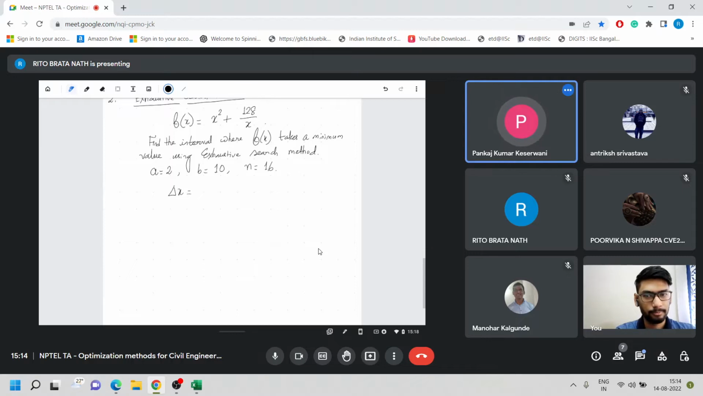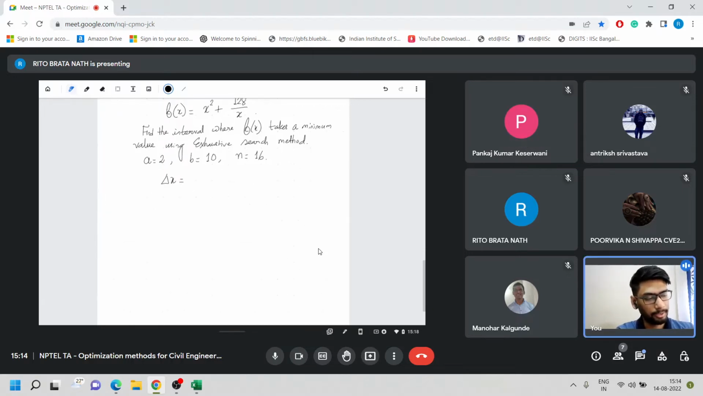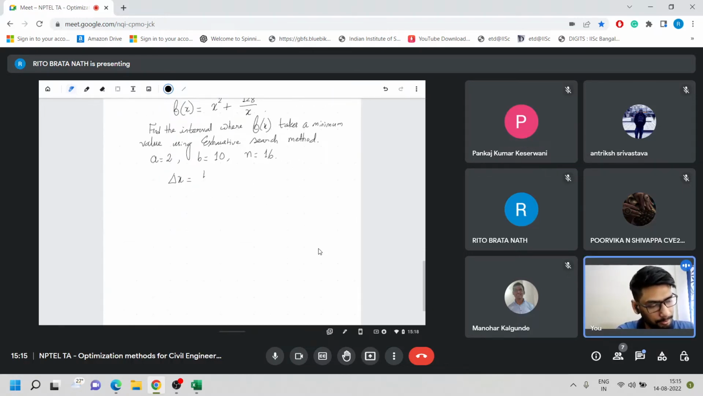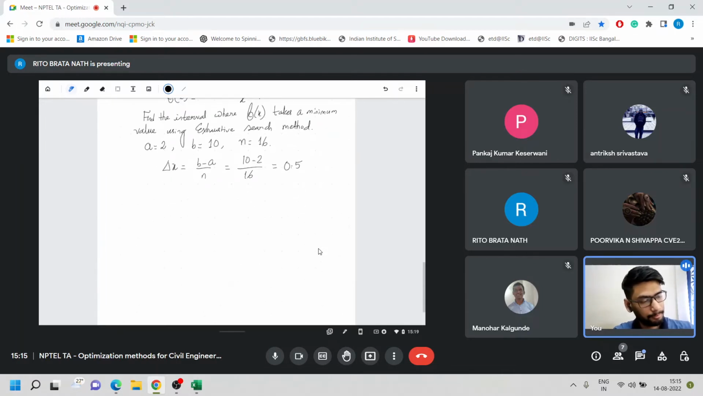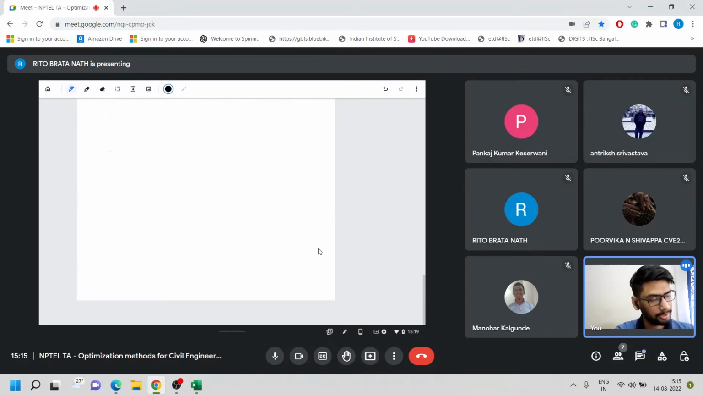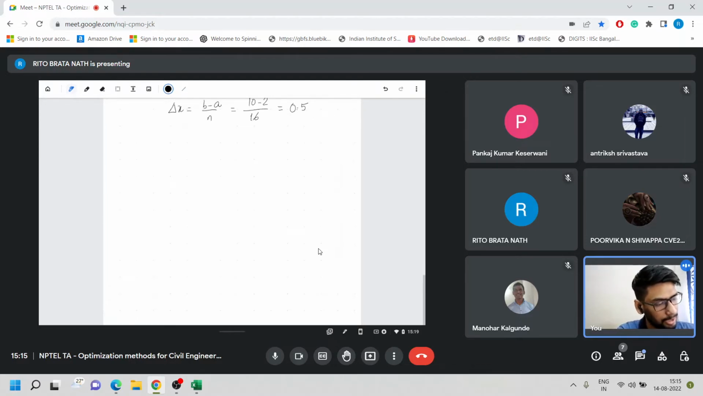Yes, that's correct. So I think it's pretty simple, this problem. It's 10 minus 2 by 16. So it's 8 divided by 16, which is again 0.5. So this is my delta x. And what we typically do in the exhaustive search method, suppose we have